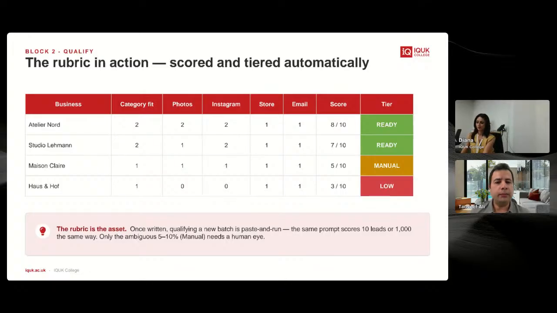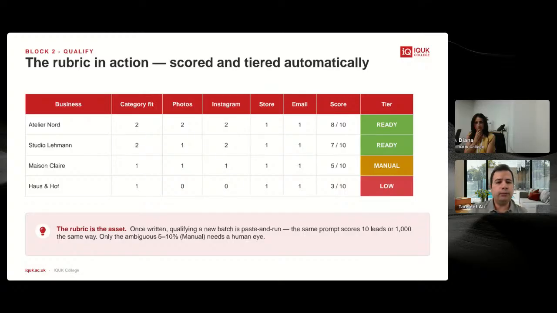We look at Google Maps, 2 points for it. We look at their Instagram page to see if they got relevant signals for us or not. Again, 2 points. And then you look at if it's a physical store, and also if there is an email address or not. If there is no email ID, there is no point in reaching out. You can't reach out if there are no email addresses.